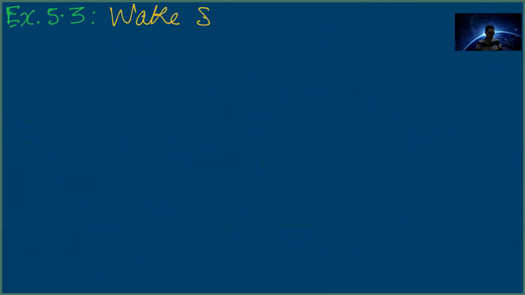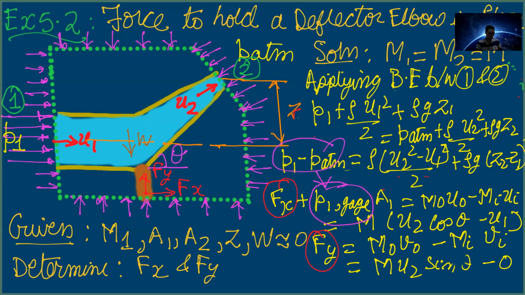Okay, so with this I had shown you 2 problems where in the first problem it was the force acting on the vane by a jet. In the second problem it was the force to hold the deflector. I would like to highlight here before I go into the next problem that the previous problem that I had presented,